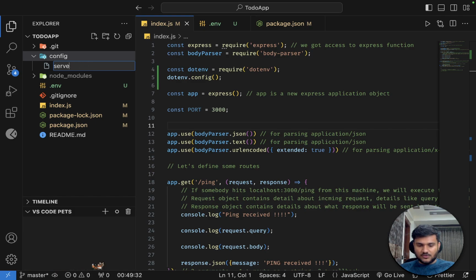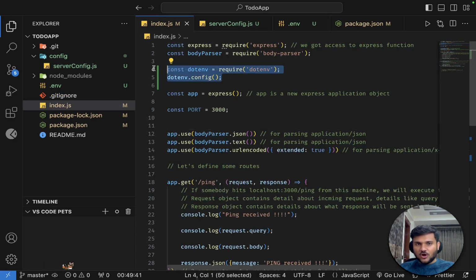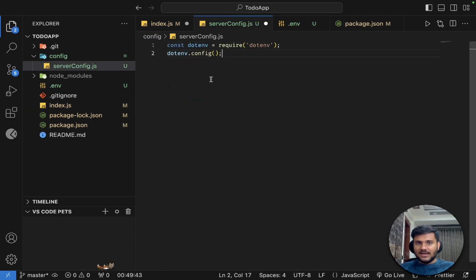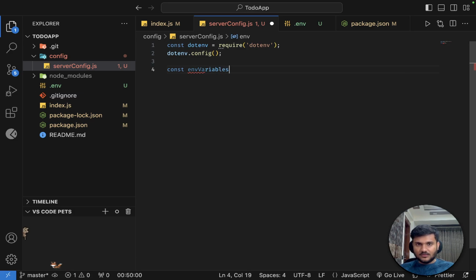Let's call it server config.js. And instead of writing this .env logic here, I'll write this logic here, and what I'll do is export an object from here. So I'll create an object called const envVariables. Inside this object, I'll put the key as port and the value as